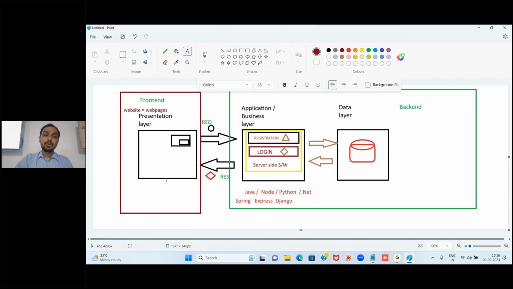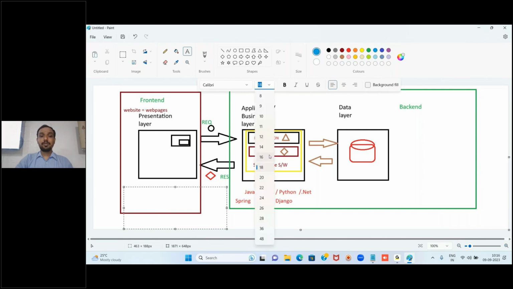Here, to create server side software, what we learned were languages like Java, Node and so on. On this side also we have some technologies with the help of which we can create programs, like at least web pages. If you want to create a web page, we have to use technologies like HTML, CSS and JavaScript. Three things we have to use.